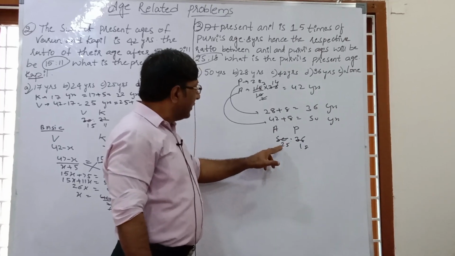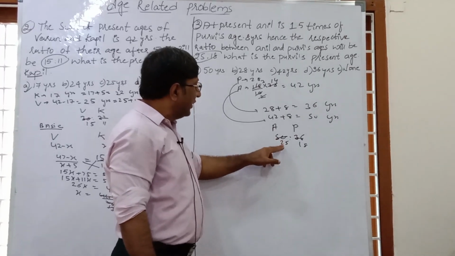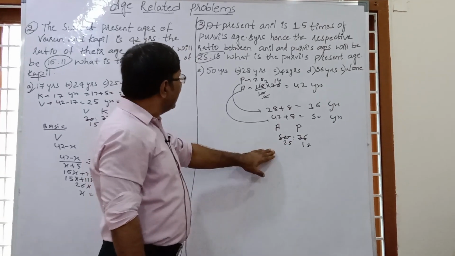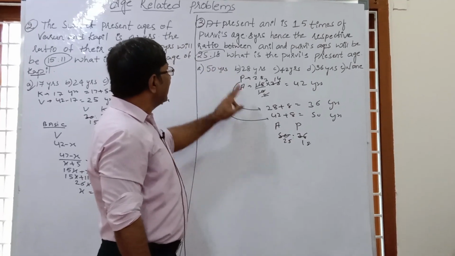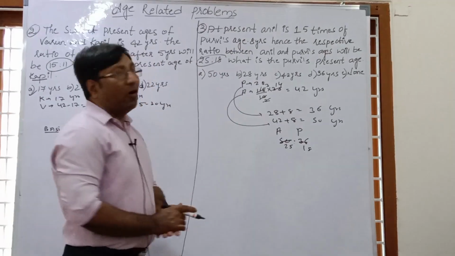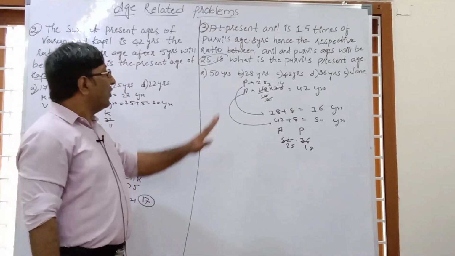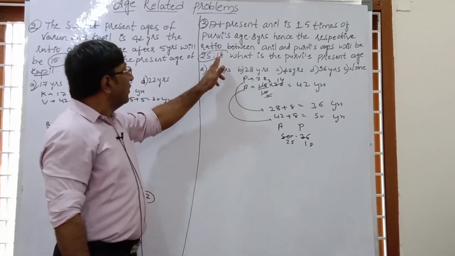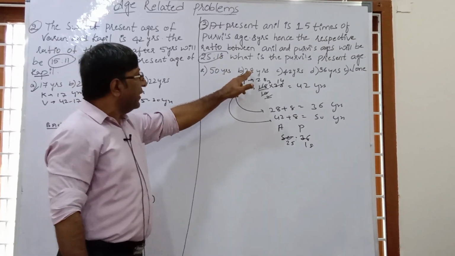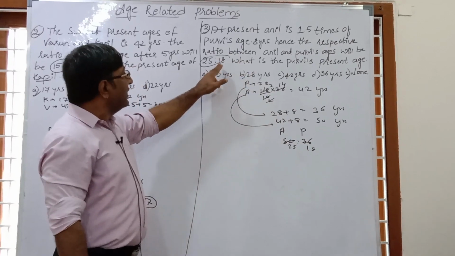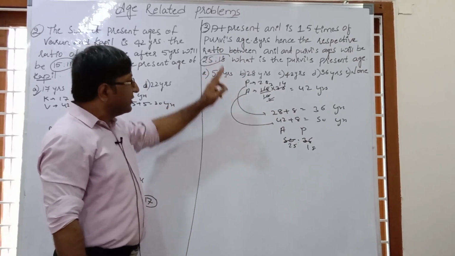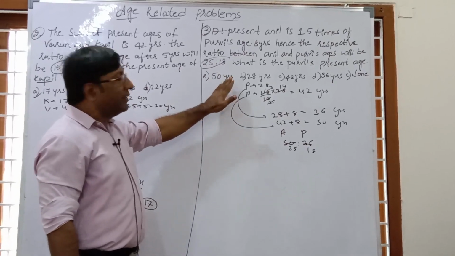Now the ratio is what? 2 cancel by 2, this is 25 and 18. So the ratio 25 to 18 is the correct answer, it matches. So our right answer is B option. This is the option method. We have to check the options and see which option's answer is related to the question. So here we are taking 28, then the ratio of Anil's and Purvi's age after 8 years will be 25 and 18. This is correct. So our right answer is B option.